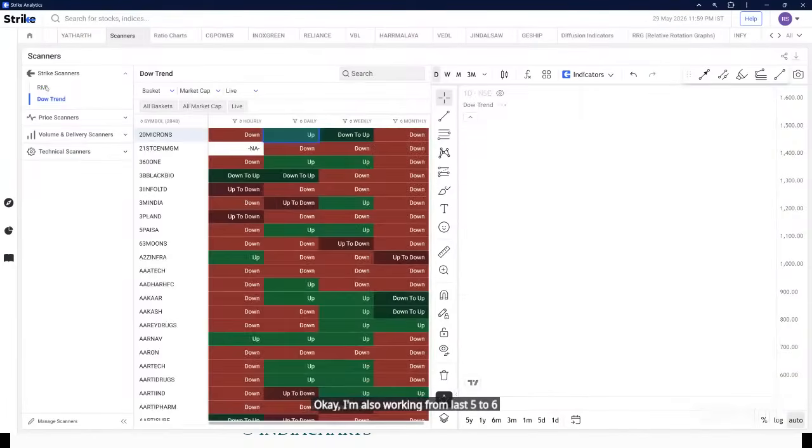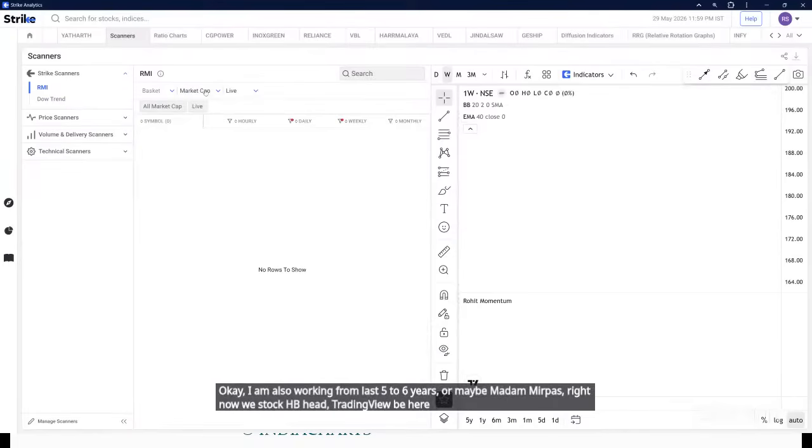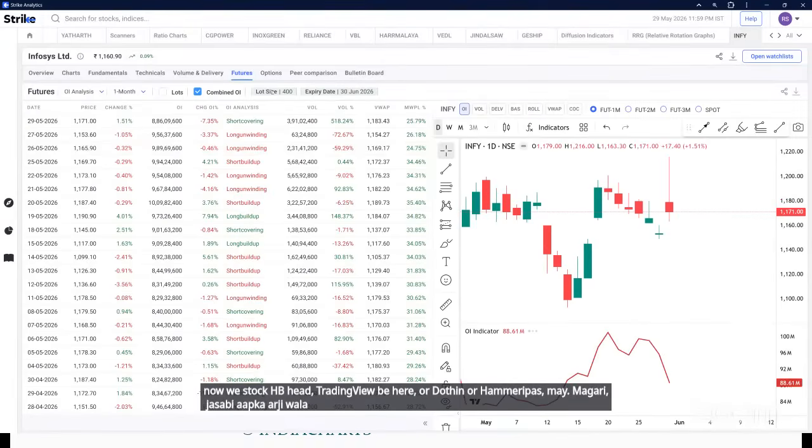आई एम ऑल्सो वर्किंग फ्रॉम लास्ट 5 to 6 years, और मेरे पास राइट नाउ स्टॉक एज भी है, ट्रेडिंग व्यू भी है, और 2-3 और हैं मेरे पास में। मगर ये जैसे अभी आपका ये आरआरजी वाला जो था वो मुझे बहुत अच्छा लगा कि जिसमें आप सेक्टर रोटेशन दिखा रहे हैं ना कि ये सेक्टर अब इस जगह जा रहा है।